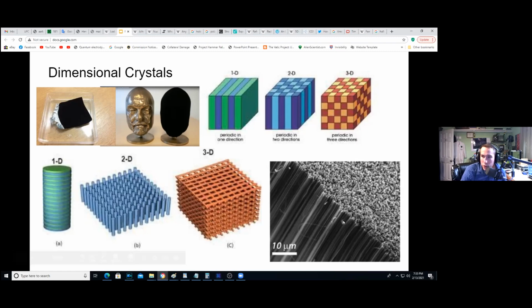This is a forest of carbon nanotubes, and that's what Vantablack is. Literally, it's a forest of carbon nanotubes. It's like a carpet of them, and the carpet of these nanotubes basically absorbs all the light that interacts with it, or not all of it, but a ton of it. I think it's like 90-something percent of the incident light it absorbs completely. And that's an example of a 2D crystal or optical metamaterial.